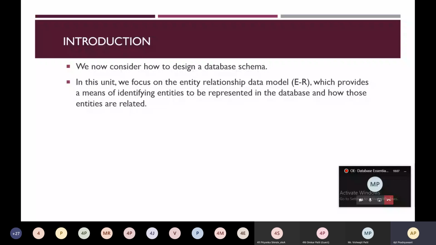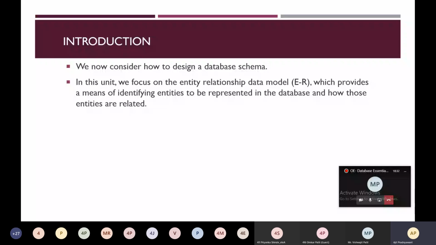This ER model provides a means of identifying entities to be represented in the database and how these entities are related with each other. It's very interesting to identify the different entities to be represented in the database, and it's also interesting to see the relationship between these entities that we are going to see in today's lecture.